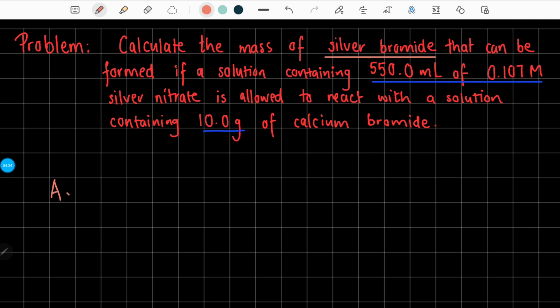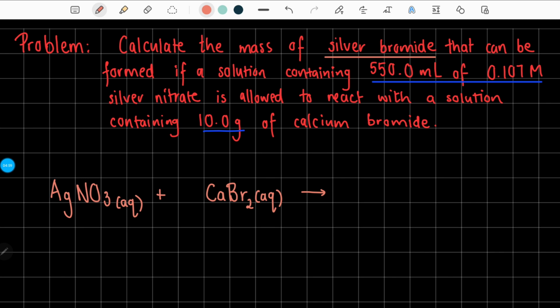I have silver nitrate, AgNO3. This is in aqueous form, reacting with calcium bromide, CaBr, which is also in aqueous form, and this should be CaBr2 because calcium has a Ca2+ ion. And this forms